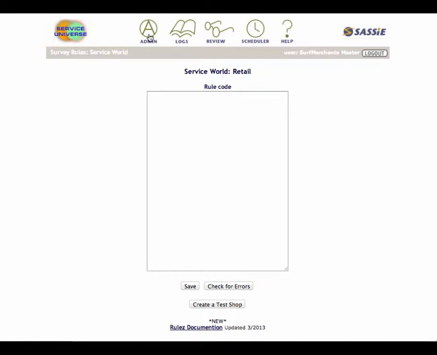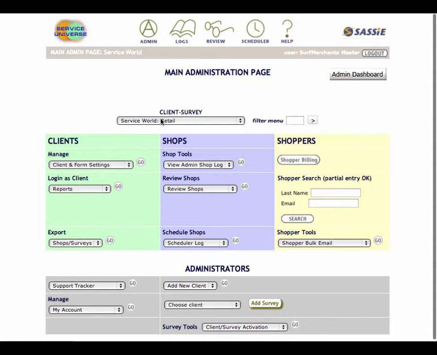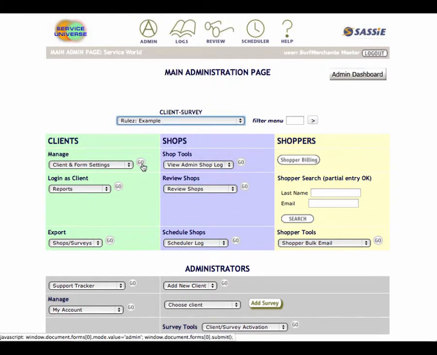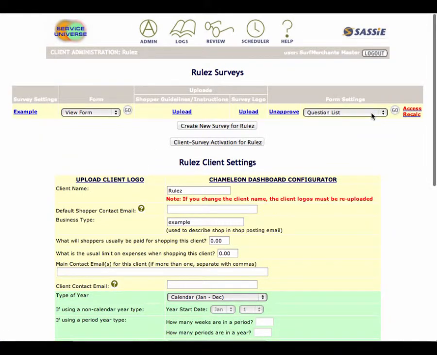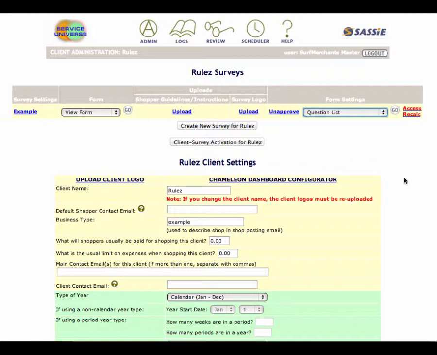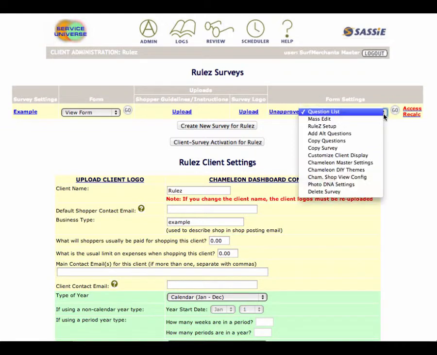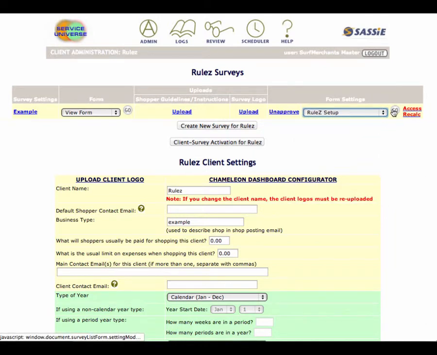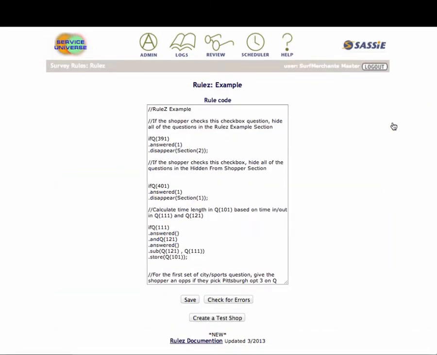Once you have your rules enabled on your survey, if you come back into an existing survey, you will be able to go into client and form settings, and you will see rules set up in the form setting dropdown without having to go to the survey settings. For the next part of this demo, we are going to be using the rules that we have set up in the demo in the other rules training video to illustrate some of the basics of how to get started